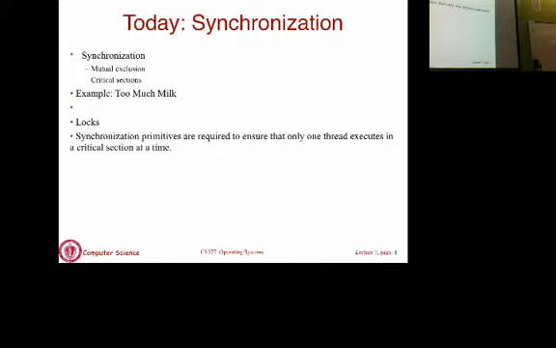Again, some of these concepts we have encountered, but here our goal is to understand from an OS perspective how you implement synchronization. When you say lock, let's say you use a lock within Java or C or C++, what is actually happening underneath? Just as when we said, when you create a thread, what's happening underneath? The kernel level thread, the user level thread, what are the pros and cons? We look at the same thing.